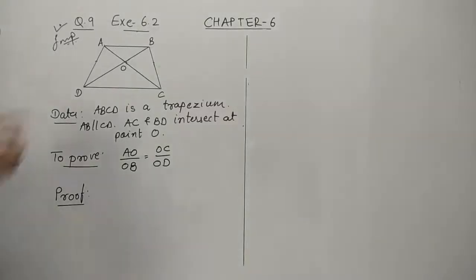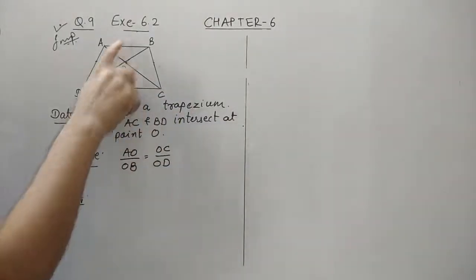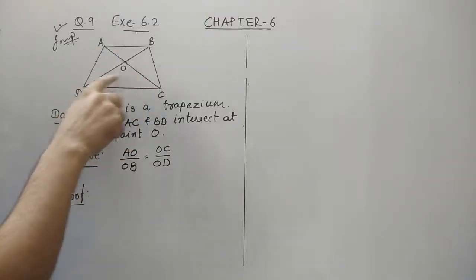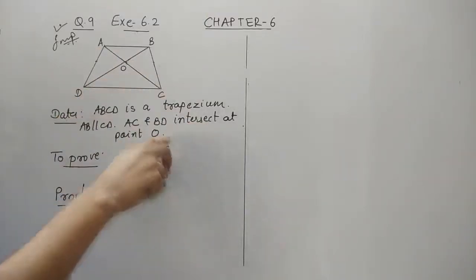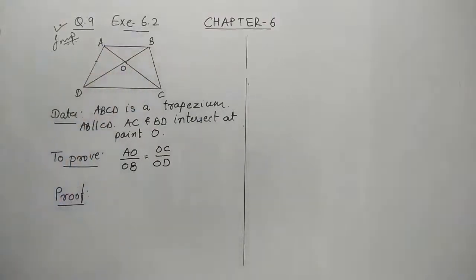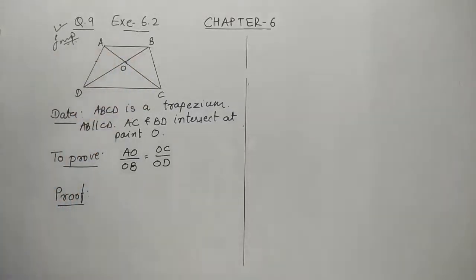Look at question number 9, which is very important for this exercise. It is given that ABCD is a trapezium where AB and CD are parallel and the diagonals AC and BD intersect at point O. So we have to prove that AO upon OC is BO upon OD. No, it's AO upon OB is OC upon OD. So let's see why it is an important question. We have to remember, students,